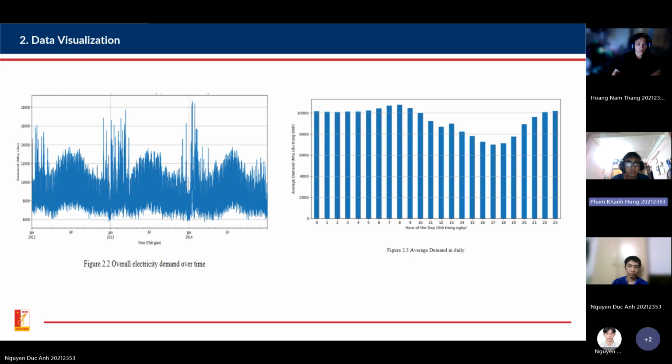Figure 2.3 is the average demand in Delhi. For the relationship between the hour and day, we can see two peaks. From about 11 p.m. the previous day to 5 a.m. the following day, electricity demand is quite high and stable. In the morning, starting at 6 a.m.,